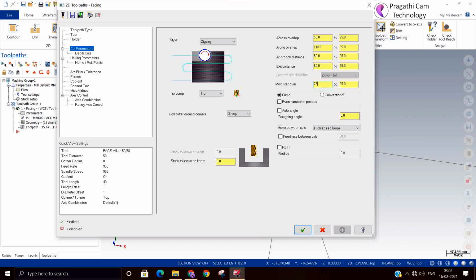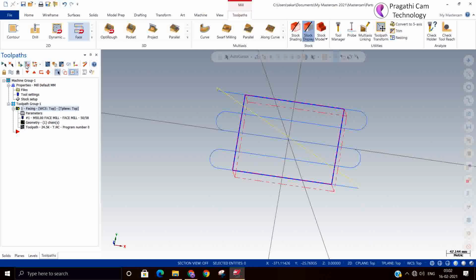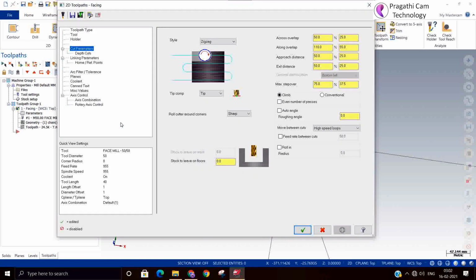Okay, I'll reset to default now. Now for the cutting method, you need either conventional milling or climb milling, so you can select it based on your requirement.